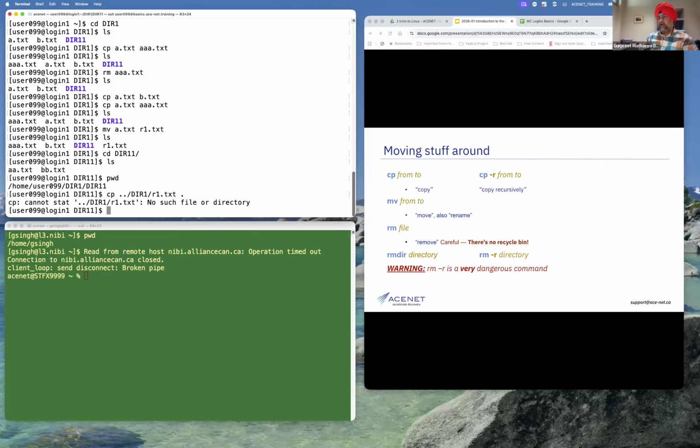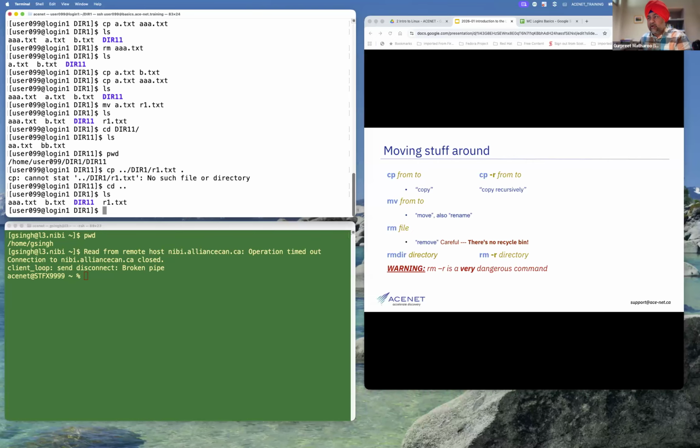If I press enter now, it says there is no directory with that name. Did I remove that? r1.txt was there, so why did it not copy?